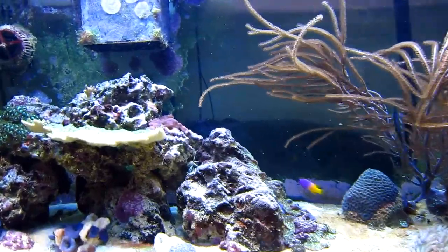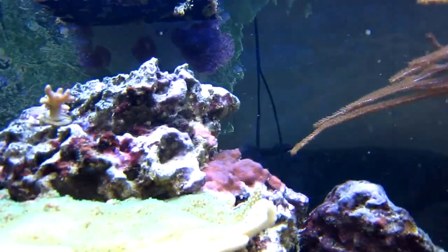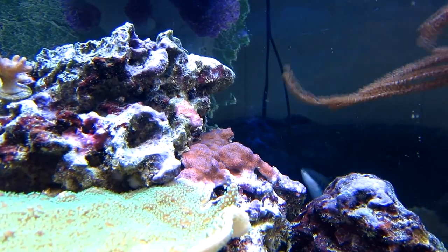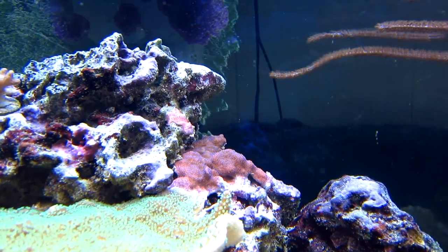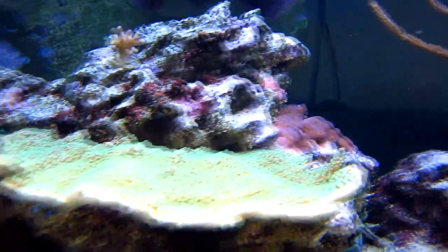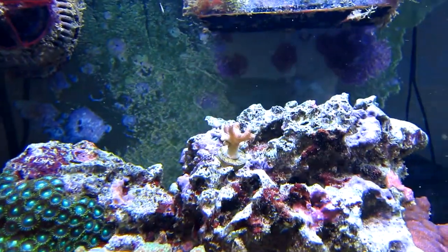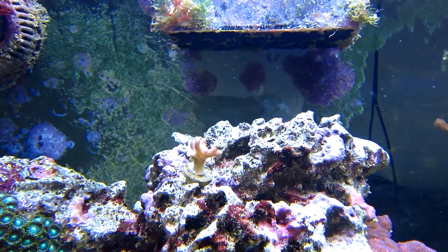So let me talk a little bit about these frags I was telling you about. Over the years, I haven't purchased yet, but about a year ago, the Spider-Man monopora. It was just a little frag, and I thought it was doing nothing for about 6 to 10 months, and then all of a sudden it's taken off. And so I expect that it's just going to keep getting bigger and bigger. And of course now this green monopora, that's my shelf, that was given to me from somebody closing their tank down. But a new frag is this stylo, which I just got from Wide World of Corals,